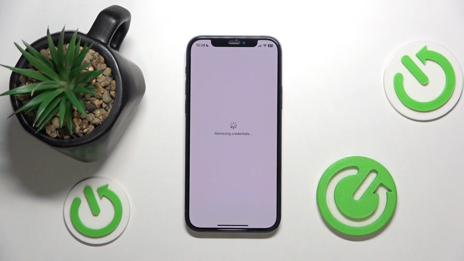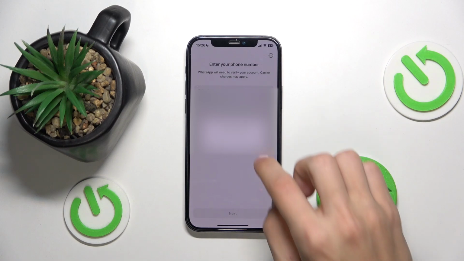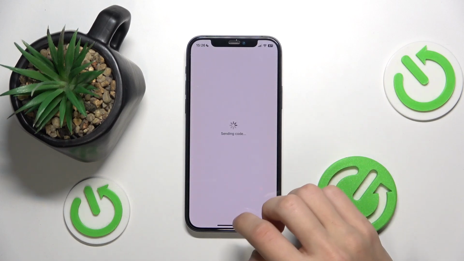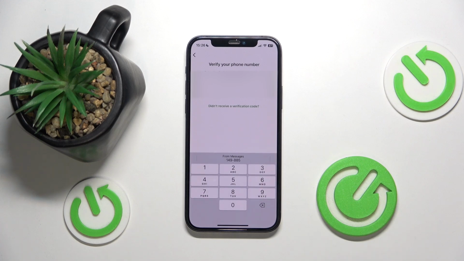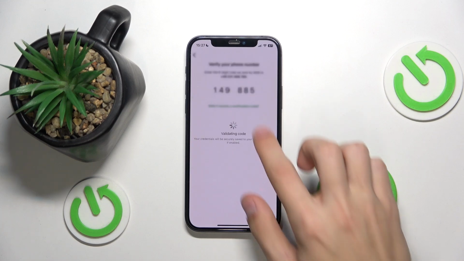Now click next, and what it's going to do is just ask if it is your number, and if it is, click yes. Then it's going to take you to a verification process. So what you're going to do is just wait until you receive an SMS to your number from WhatsApp, and just enter it right here into